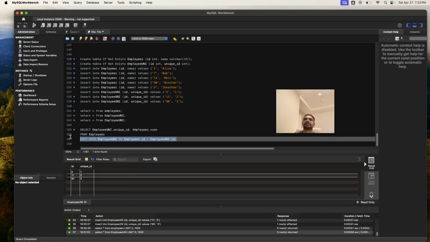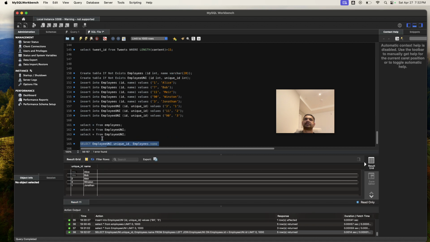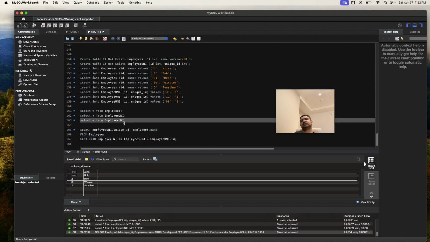So we need all the data from the employee and the null data from the unique ID. So this query will work. So how will we reach this one? So we can do two ways. One is left join employees,